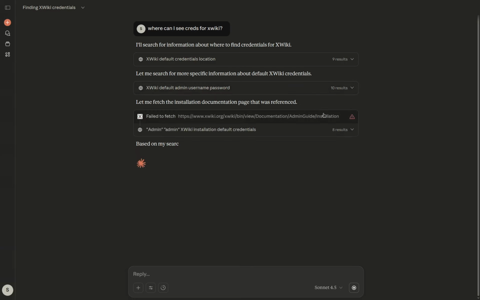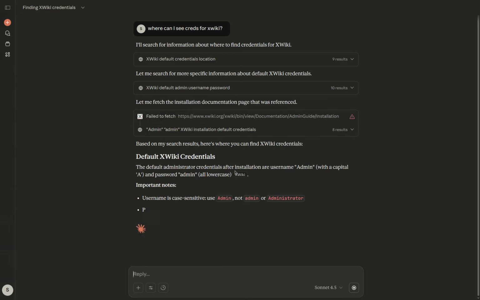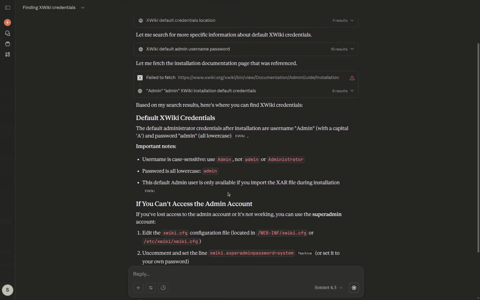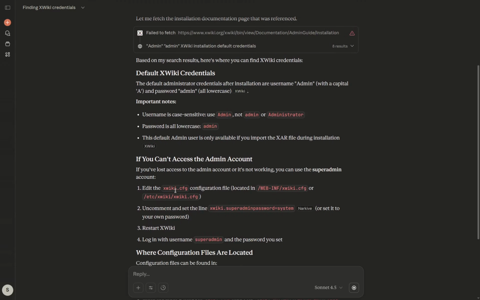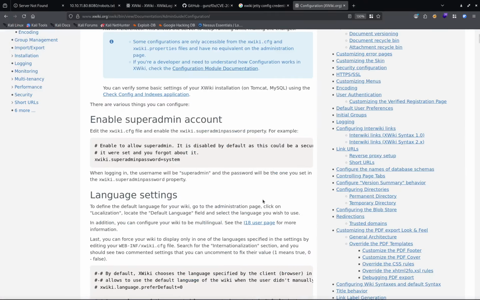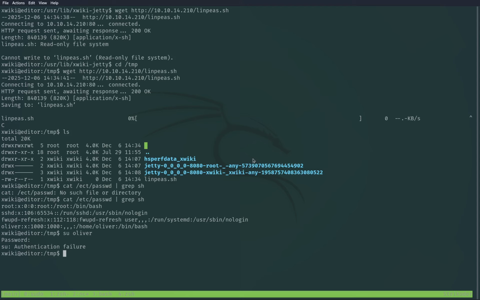So in the install documentation, web inf. So it's gonna be,